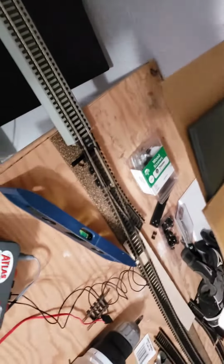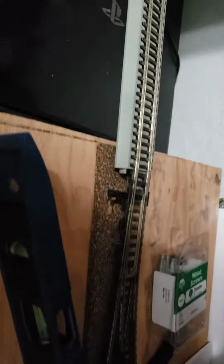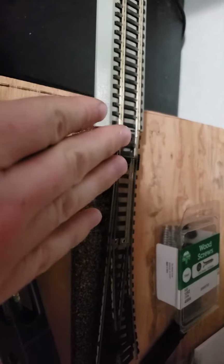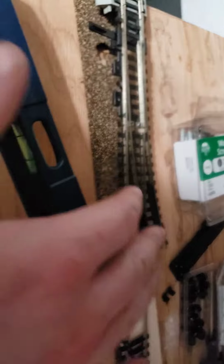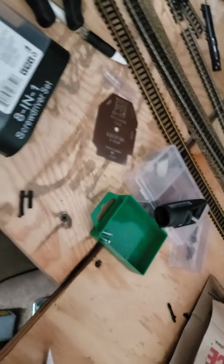I have the layout behind the computer. I have this. I believe this is Bachmann track. So far, I'm still working on a track plan here. I might have to start dropping here to allow a more gentler grade. But I've got a switch. It's going to come out to another switch. And then over here, I believe I'm going to have a line going out this way to become part of